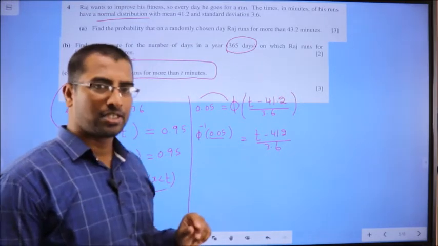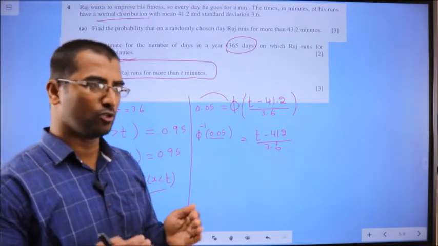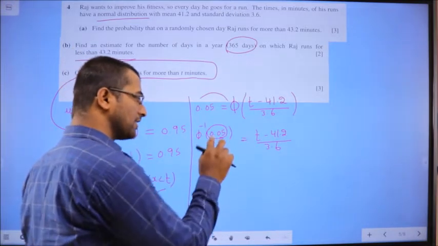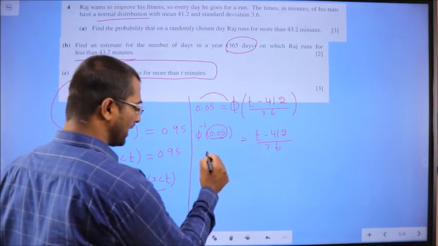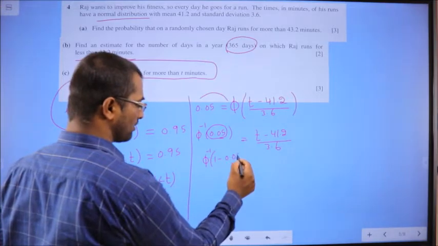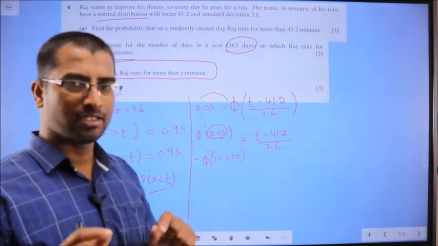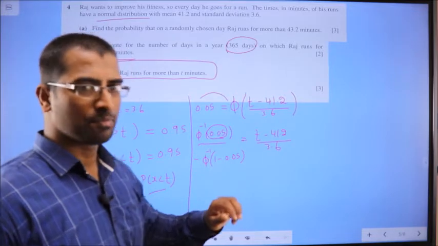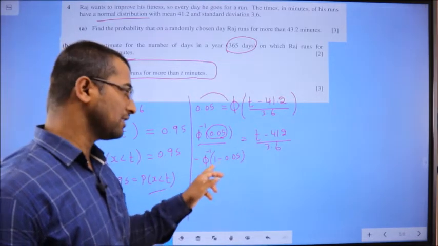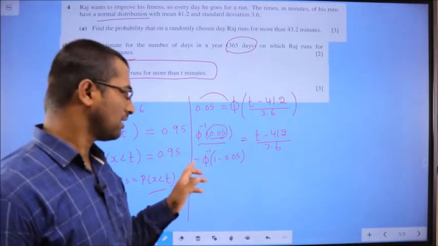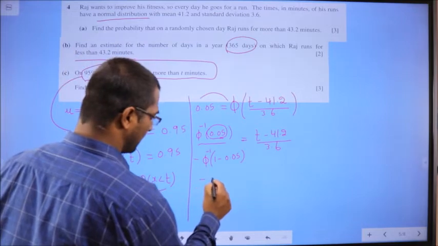Our normal distribution table starts from 0.5. We don't have phi inverse of 0.05. So how do I do this? Such that this value falls between 0.5 and 1.0. This is the method: I should do 1 minus inside. So whenever inside value I am subtracting from 1, outside you should put a negative sign. This is a rule. Directly phi inverse of this cannot be found because our table starts from 0.5. So to make this greater than 0.5, what I am doing is 1 minus. Whenever I am doing 1 minus, outside you should put a negative sign. It's a formula. So here it is minus phi inverse of